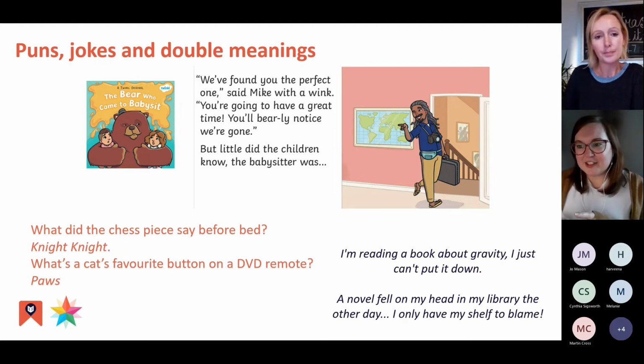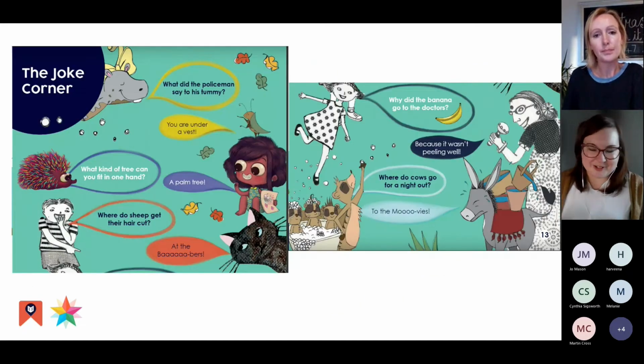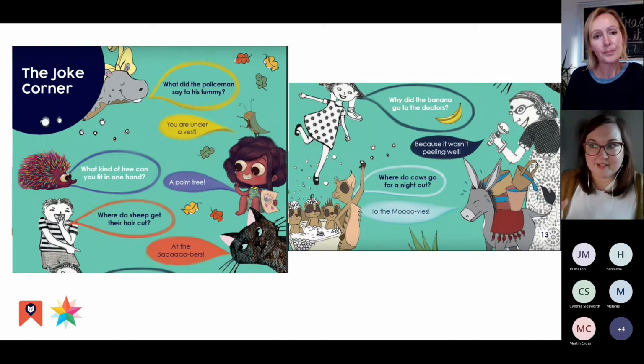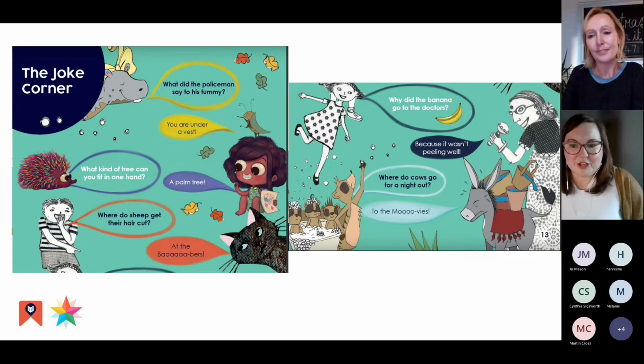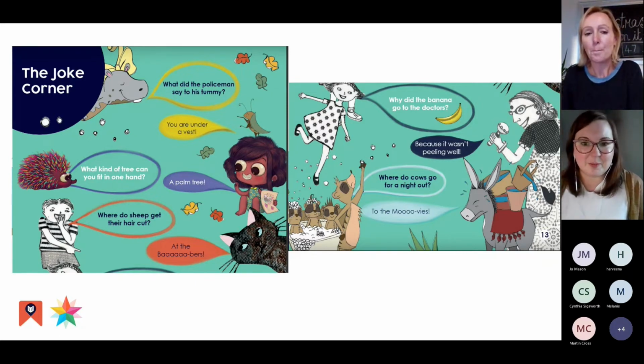And then on the next slide, we've also got lots and lots of jokes. This is from Bookmark's magazine called The Story Corner, which is on our website if anybody does want to go and have a look at some issues that we've got on there. And we always have the joke corner, and we try to link it in. There's usually themes with each of the magazines, but I just thought these were fantastic examples again of how vocabulary can be used to make children laugh and to explore it.